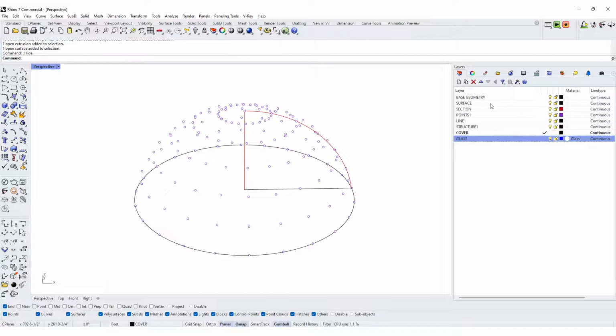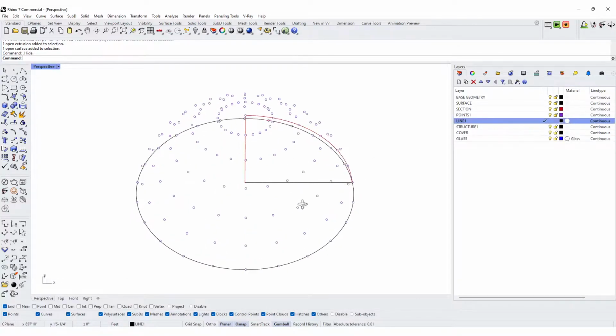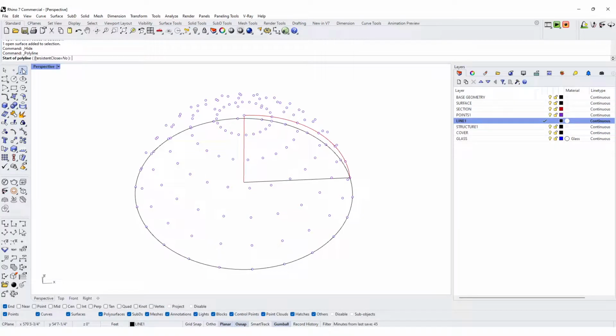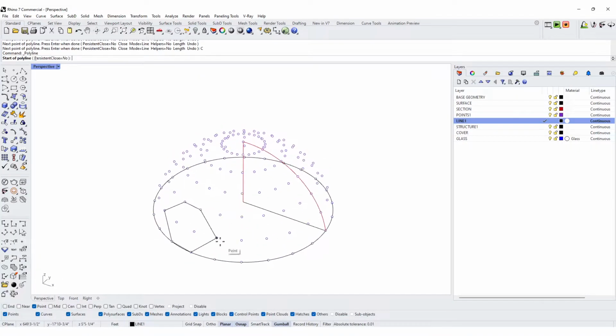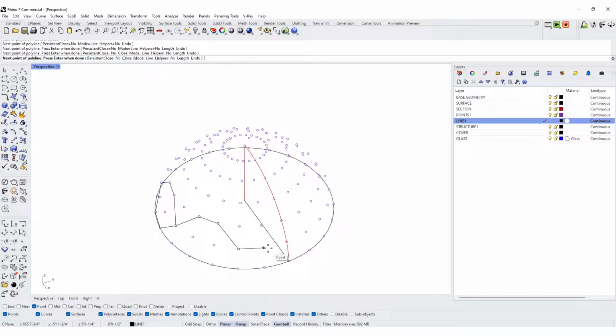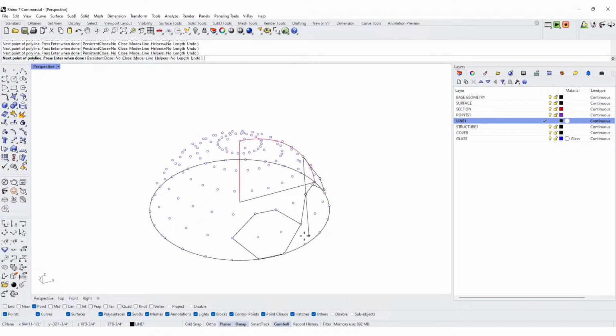So we'll go to a new line 1. And now I'll go here to polyline. I'll go from here. We'll turn on points here, here, and go here. And then C, enter to close. So basically 2 up, 2 down. And you can either do it this way,